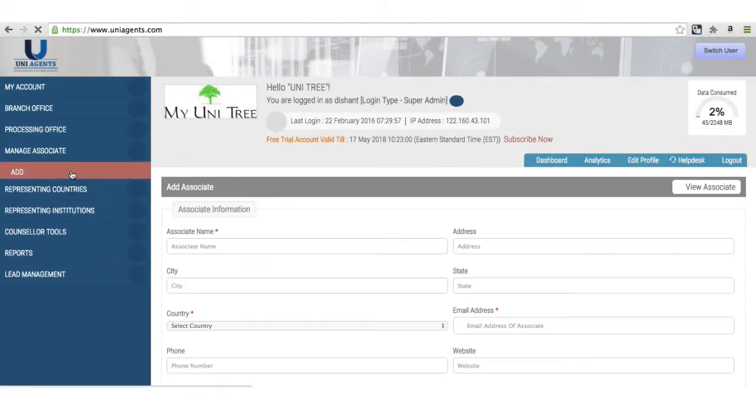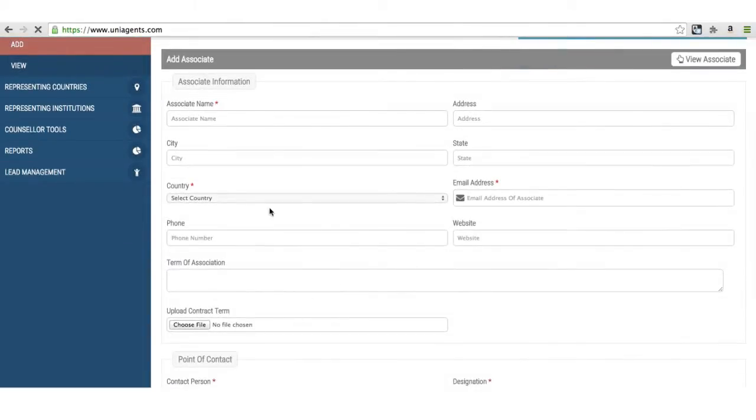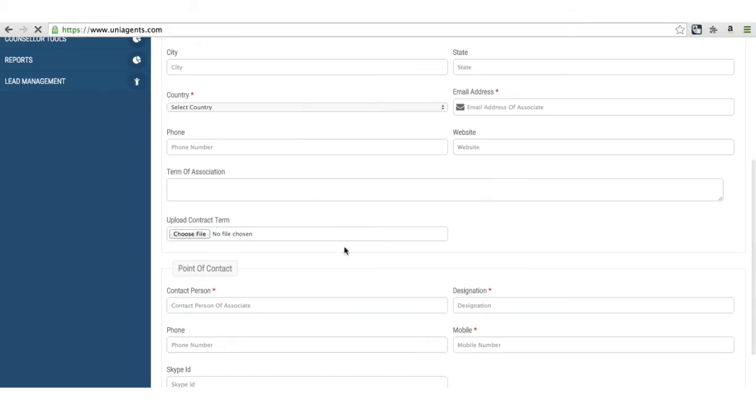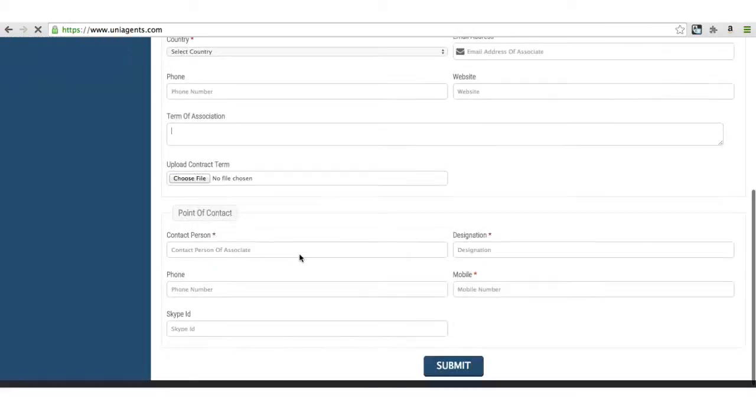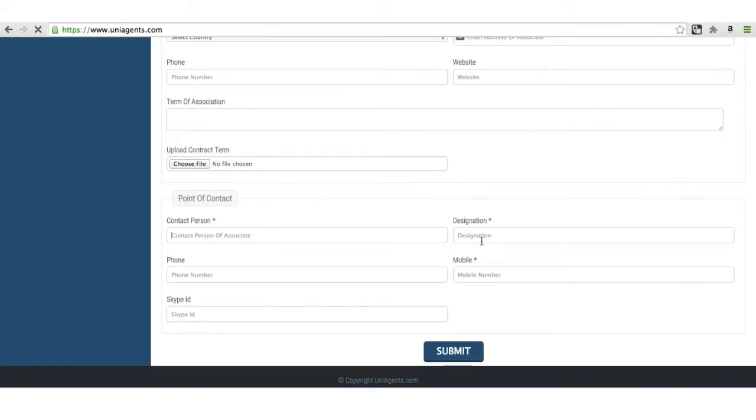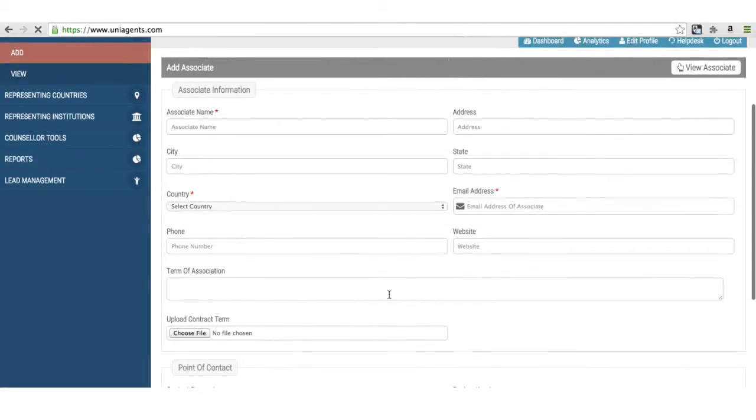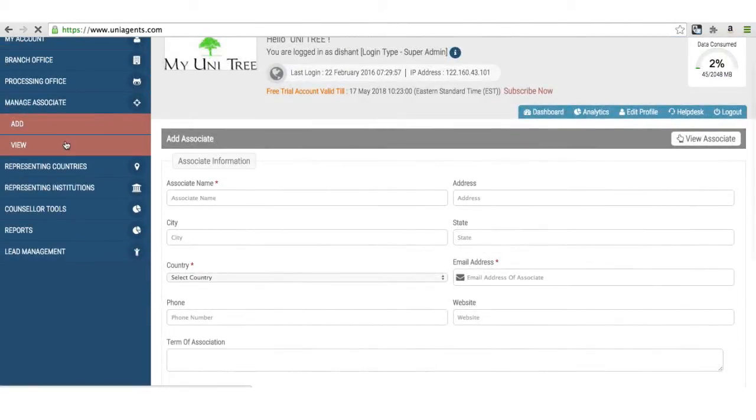So pretty simple. You can add an associate, put the name of the company, address, city, state, email, country, phone number, website, terms of association if you have anything specific, like you work for a specific university, or any contract that you would have put in place, point of contact in the associate's company, designation, phone number, mobile, Skype ID, basic contact information, and you can now add applications based on associates. If I want to view the associates, very simple. Once I have added them,